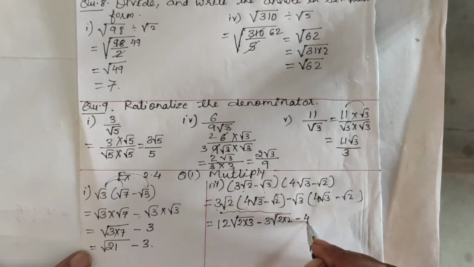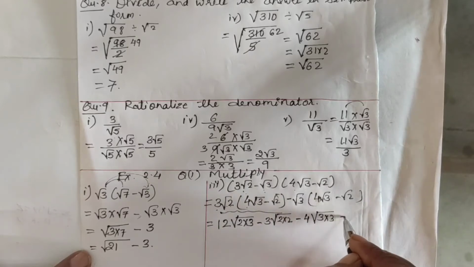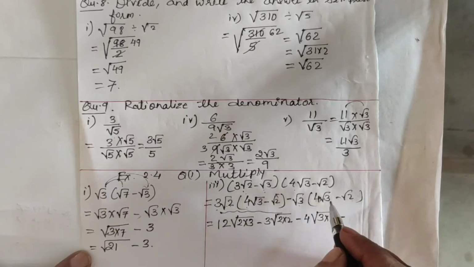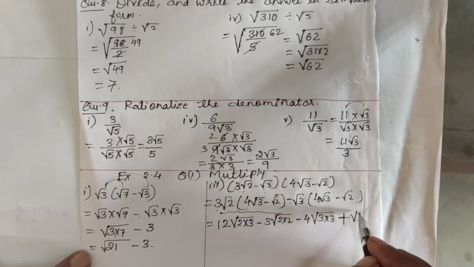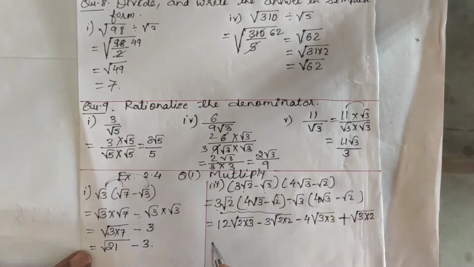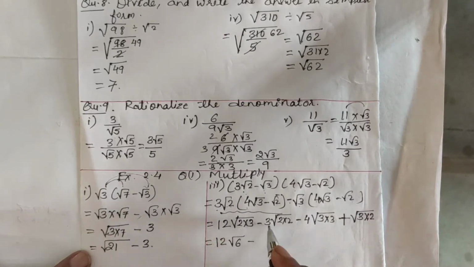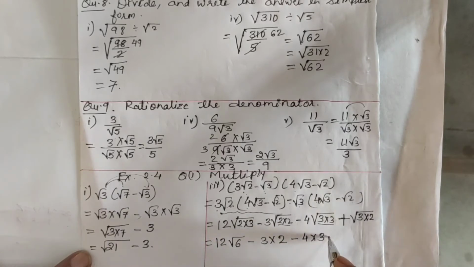Now this is a whole number. First you write the whole number and then write 3 into 3. Now multiply root 3 with root 2, as minus into minus is what? Plus, and the order is the same, so you can write it in one square root. Now just simplify. 12, 2 threes are 6, minus 3 into, you know this is in a pair, 2 into 2 is 4, that is square root of 4 becomes 2, minus this is also in a pair, so it becomes 3. This is not in a pair, it will remain as it is.